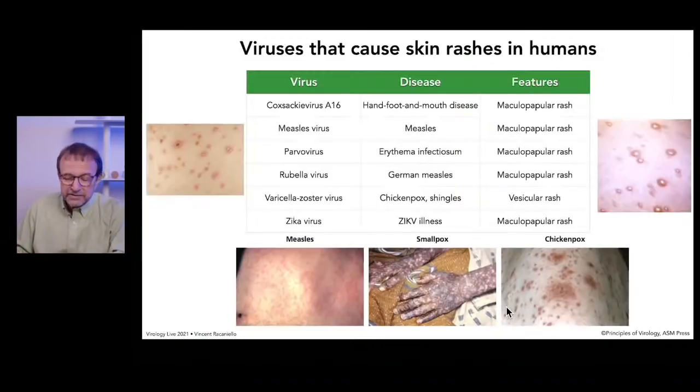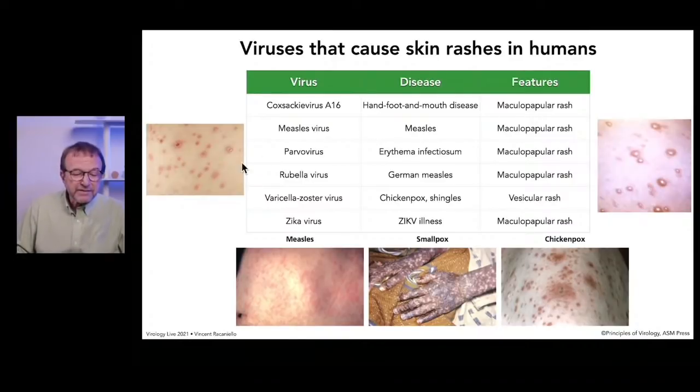Of course, viruses cause rashes in humans, like the rash that we've just seen in mice. And here are some examples of different kinds of rashes. We give names to the rashes because they are distinct. You can look at them and see how they differ and sometimes get an idea for the virus. Here, for example, is the measles virus rash, the smallpox rash, the chickenpox rash. And these rashes are given names like